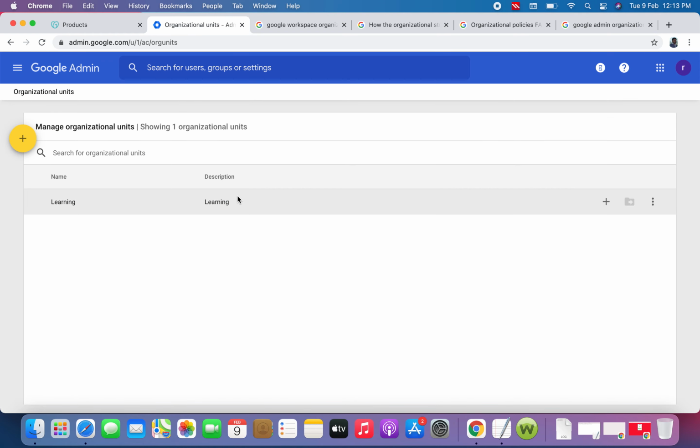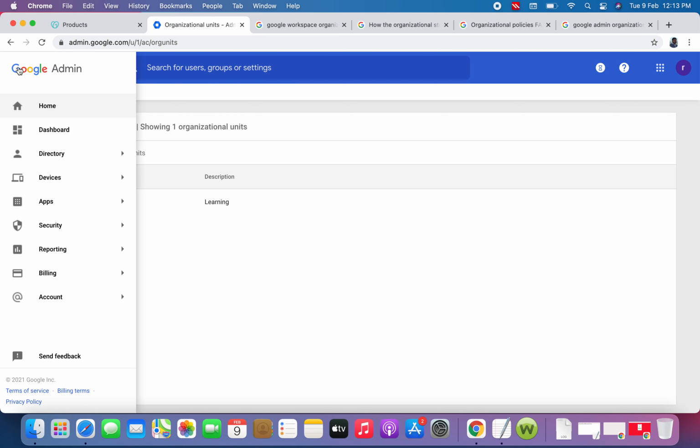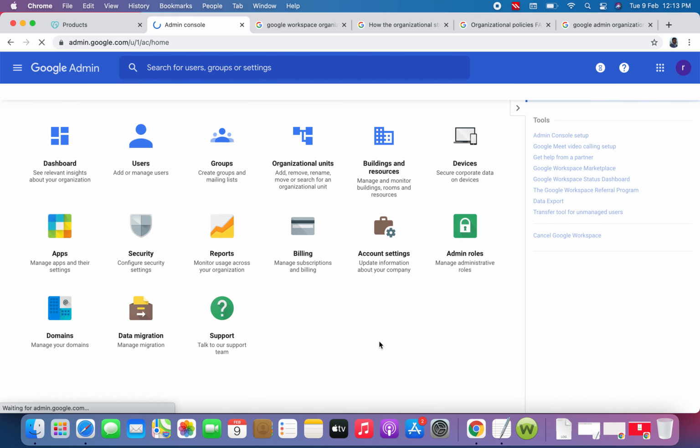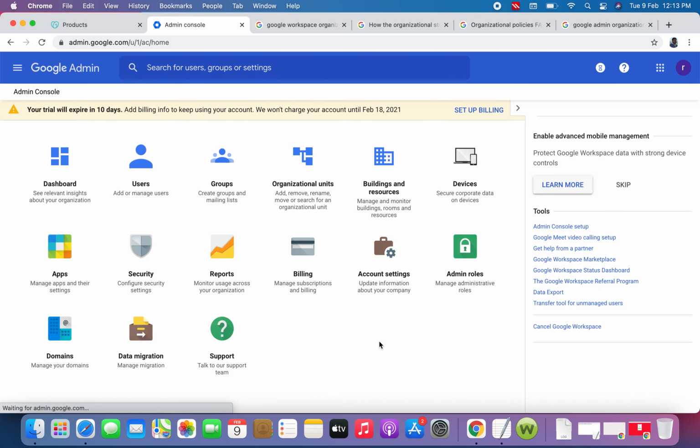So in the last video we have seen how to create a group and how to make a user a member of a particular group, and how we can verify that the email sent to the group is received by the members of that group. So as we have covered all about the group section, now I'm going to move on to the next topic, which is organizational